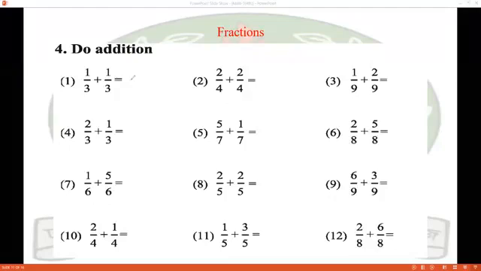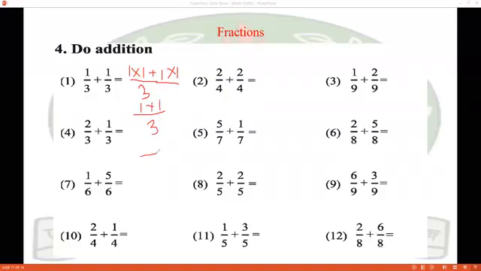So there is a common denominator, and in the answer it will be 3. So 3 divided by 3 we get 1. So we write 1 into 1. Here we use a plus sign, because in the last slide we used a minus sign, since that was subtraction and this is addition. When you divide 3 by 3, you get 1, so you have to write 1 into 1.